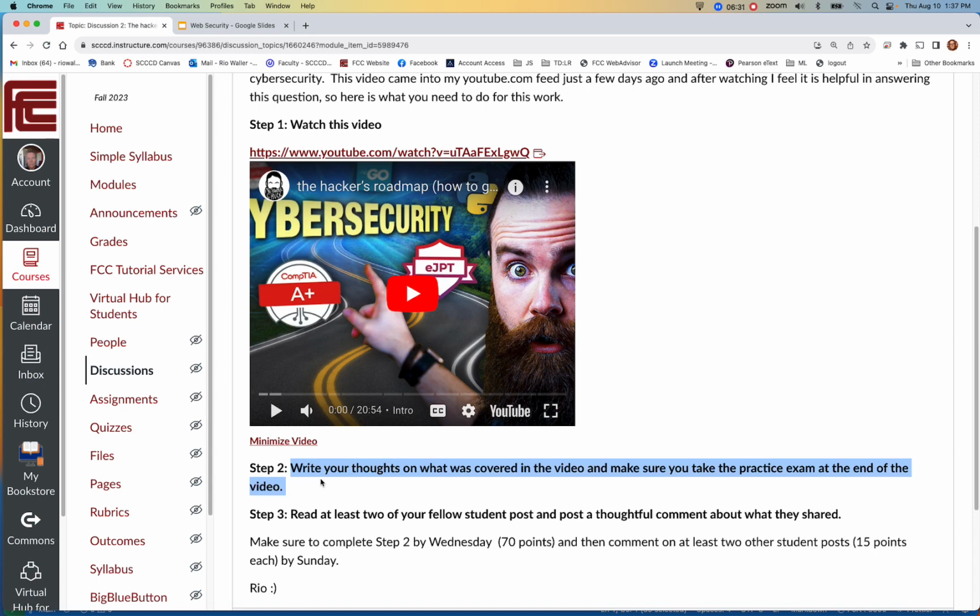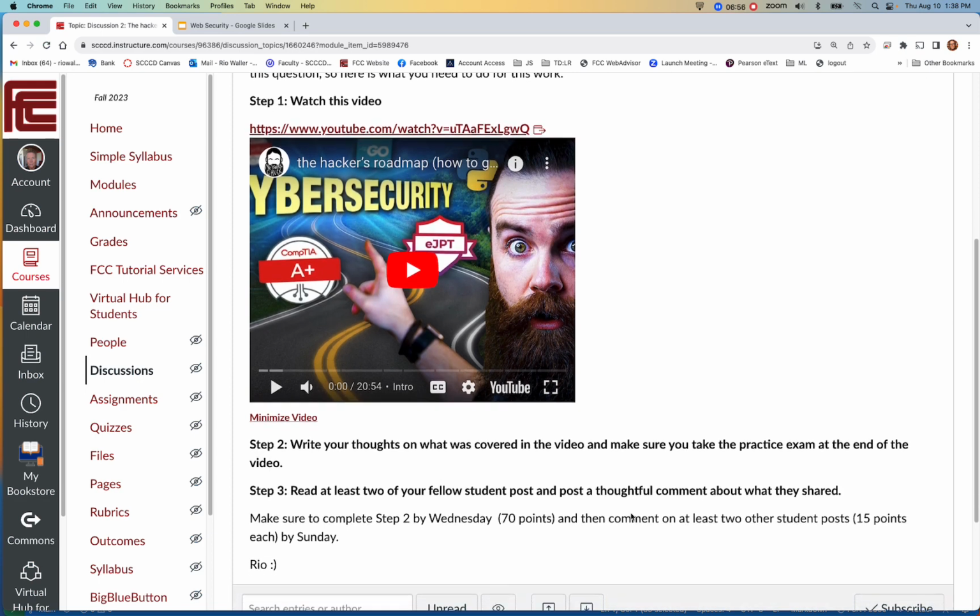Now, when we say write about this, I'm not being specific in telling you how many words to write, but what I look for in your writing is that it's thoughtful and substantive. I also look for your replies to be thoughtful and substantive. Substantive means it's not just, yeah, that's great. You actually need to read their comments and reply, again, in a substantive way.